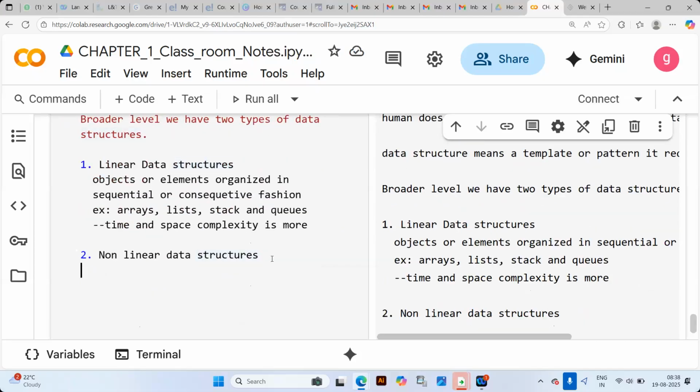So to overcome this drawback, we go with the non-linear data structures.